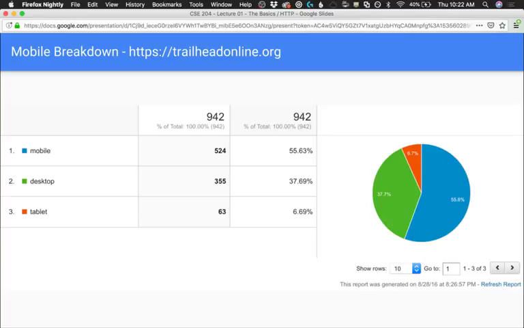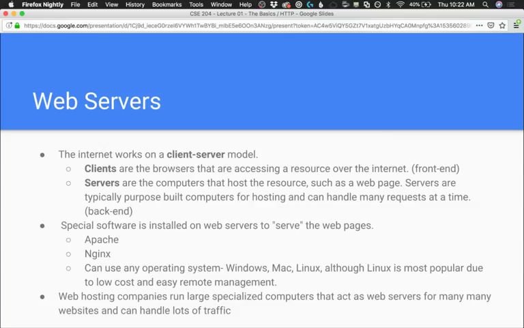Also, if you're going to the IRS website to pay your taxes, you're probably not going to do that on your phone, I would guess. So a lot of official government interactions you're probably going to pull out your laptop for because there's more information you're going to have to type in. So even though the federal analytics shows more desktop, we have to keep in mind there's some websites where we're going to see significantly higher mobile usage. So in the case of this website, I put a lot of work into the mobile view